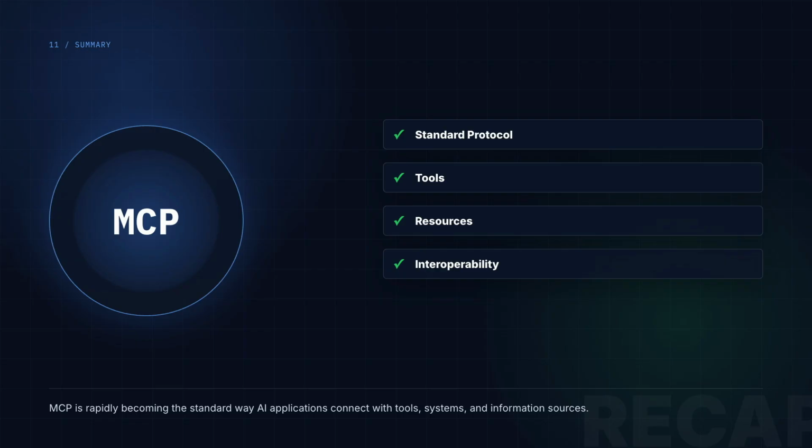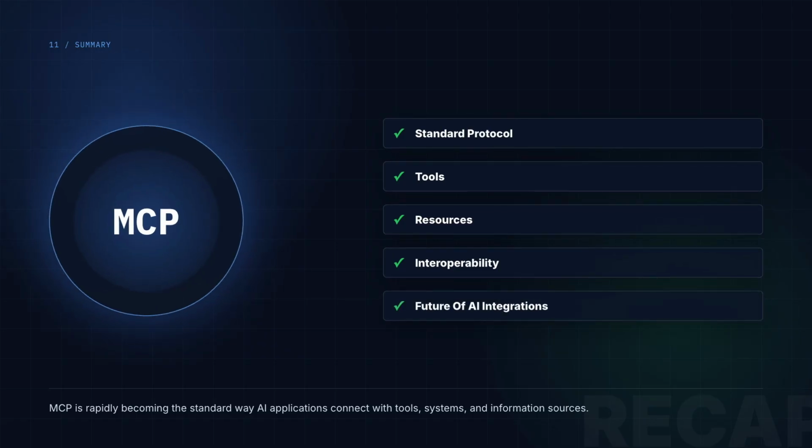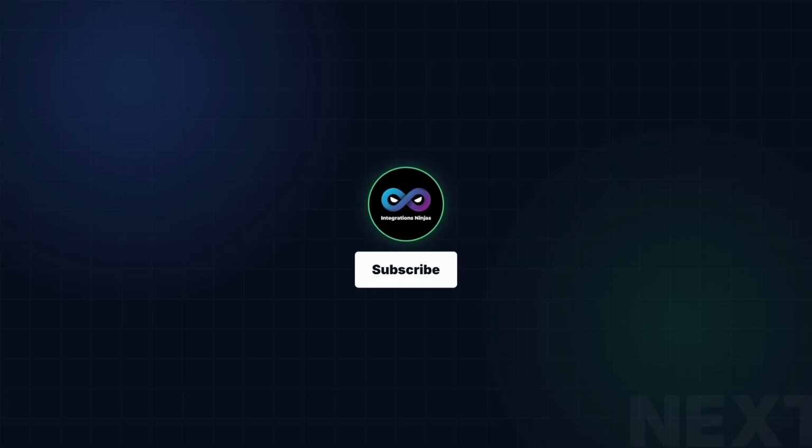That is why MCP is becoming such an important part of the AI engineering ecosystem. It is not just another integration feature, it is a shared language for AI agents and systems and the software world around them. In the next video, we will build an MCP server from scratch. We will connect it to a real AI application, expose a tool, expose a resource, and see the full request